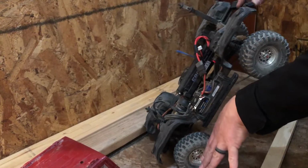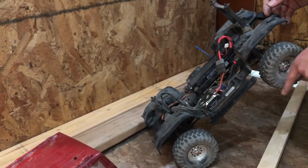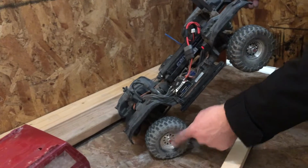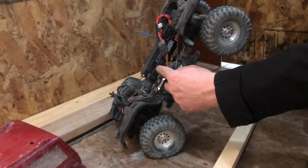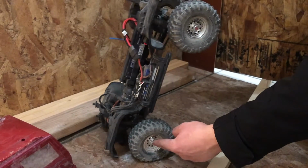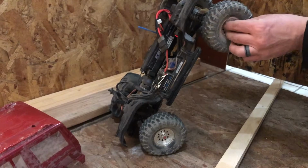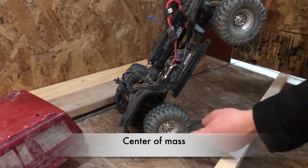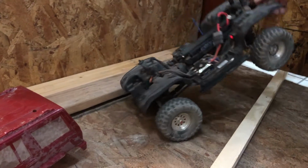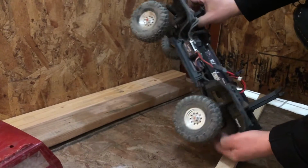Because I'm going forward at an angle this way, this is pulling behind the fulcrum. That's what's keeping it from tipping over. As soon as most of the mass, the center of mass again, goes over the fulcrum, wherever that center is, it's going to want to tip over. So by putting more mass here, I'm moving the center of gravity further back so I can keep it behind the fulcrum. Now, if I'm crawling up, yes, I do have some weight back here on the brass,